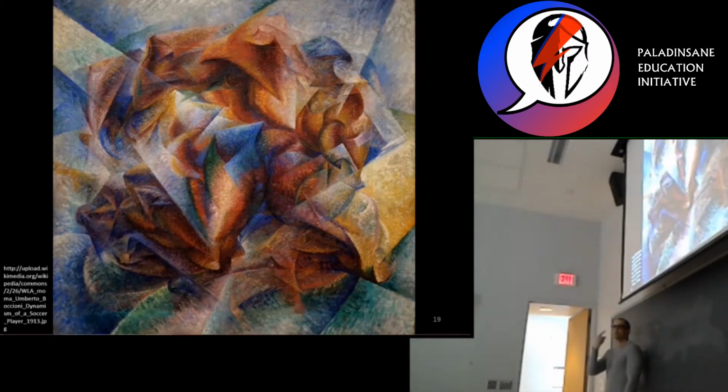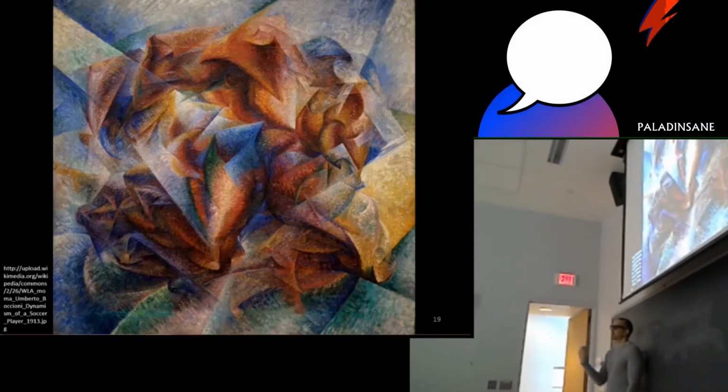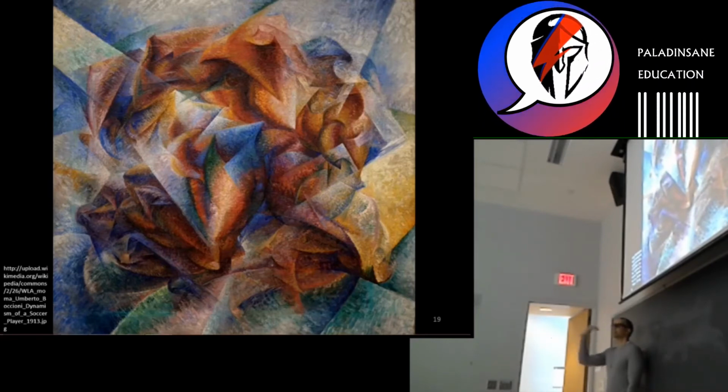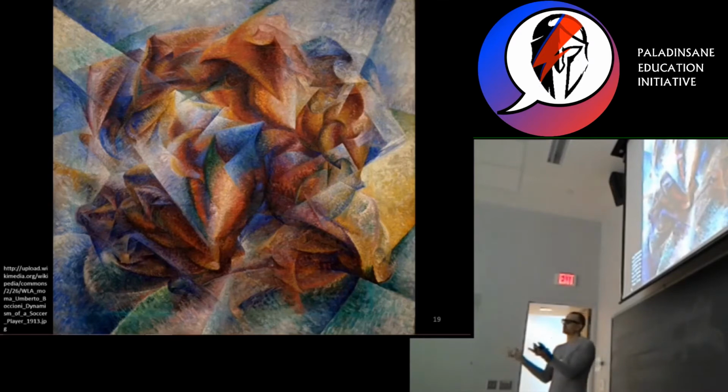Now the fact that you looked at that and didn't say, oh, a soccer player, means that you didn't pick up enough information to have that perception. You couldn't take a look at this and process the information that this artist was using enough to reach that perception of a soccer player. So the information that we use to perceive certain depictions is just not present in something as abstract as this.